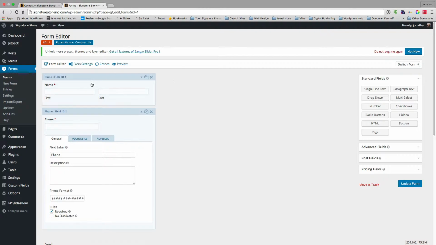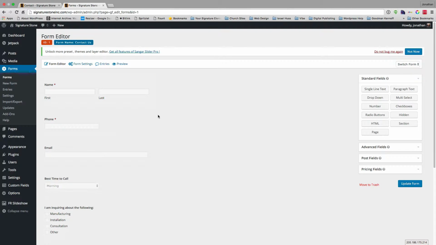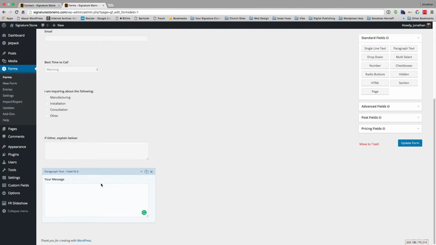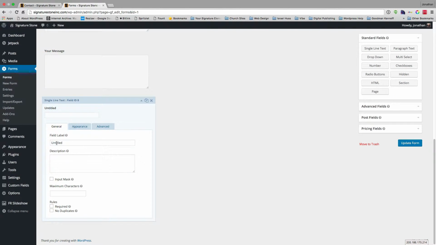that. So here we have fields where, if you notice the cursor, when I drag over here, it turns into the crosshair. I can actually drag those fields if I want to change the order, but we don't. And then if I want to add a new field, so let's say for instance after your message you want to ask another question, maybe you want to do a single line of text, and you could write in project budget,